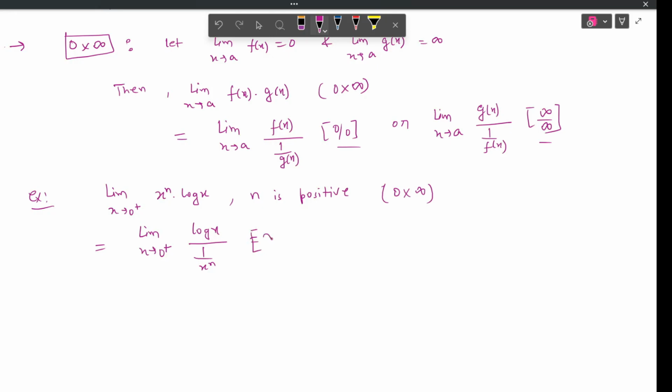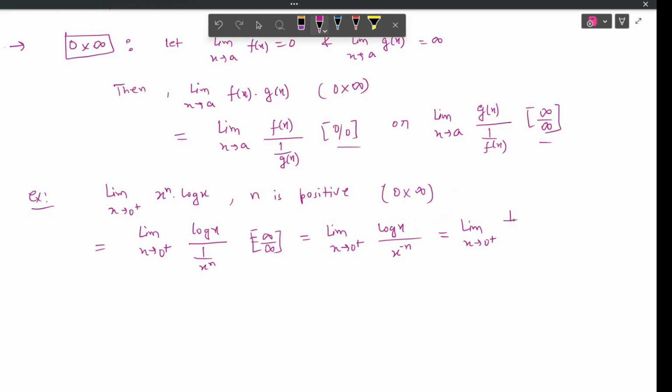Now this form is infinity by infinity form. Okay. Now we can write it as limit x tends to 0 plus log of x by x to the power minus n. If you differentiate numerator and denominator, it will be limit x tends to 0 plus